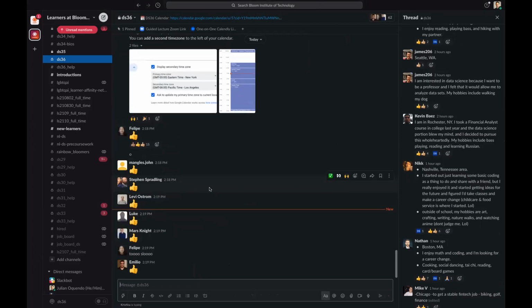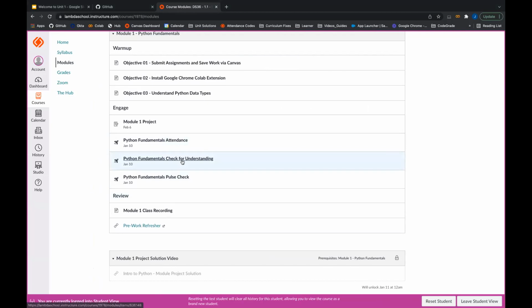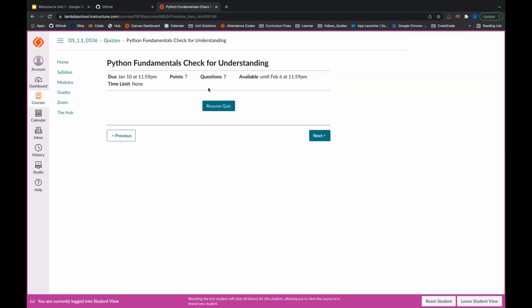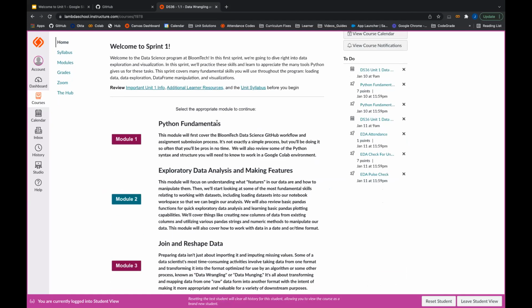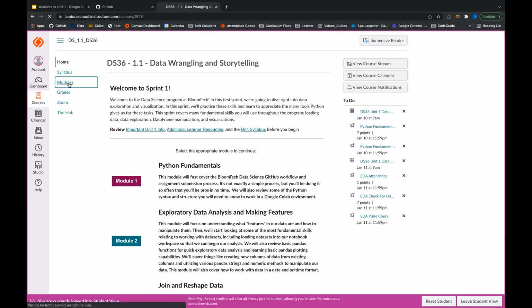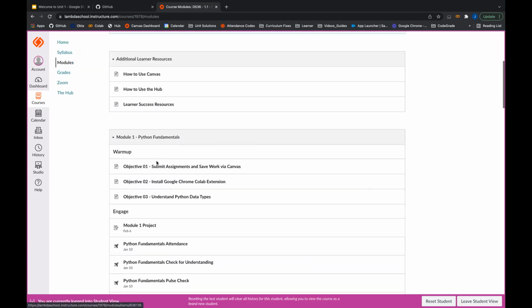There you go. All right. So you understand how to submit the attendance. If you didn't get an error, that means you are set and good to go for your attendance. The next section is a multiple choice section called Check for Understanding. This is essentially a multiple choice quiz that you're going to need to turn in and submit. As you can see, the deadline is towards the end of our unit. So again, if you don't turn it in today, that's not a problem,